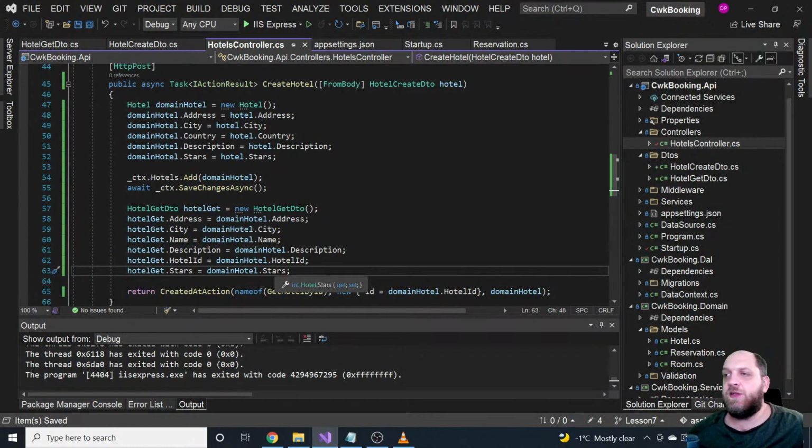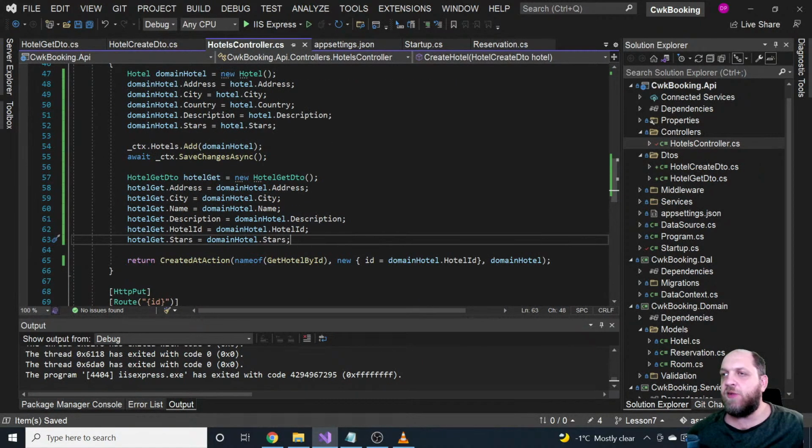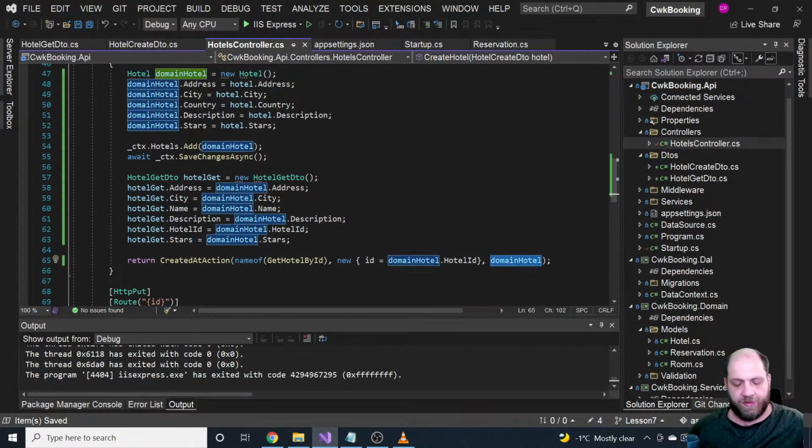So we have created this DTO and mapped all the properties to it, and then when we return that one,